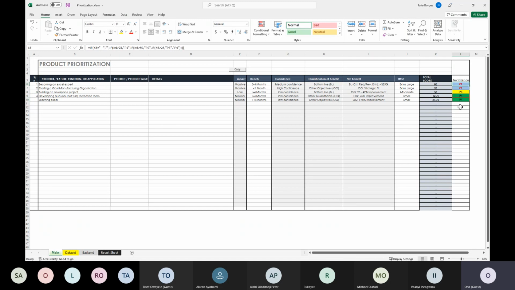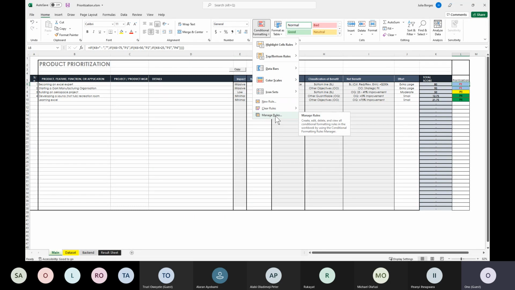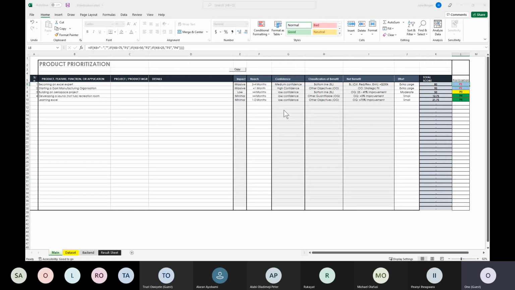So I'll go through the conditional formatting on how this was created, the P1, the P3, and the P4. If you come down to your conditional formatting and then come to manage rules, I have put in the rules that were used to create the functions and also color them.